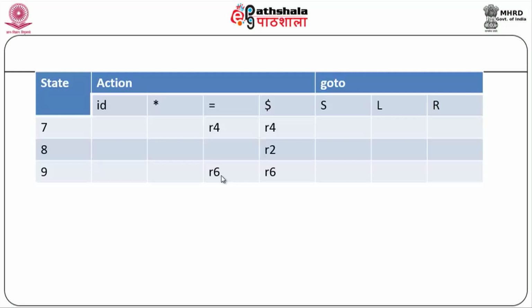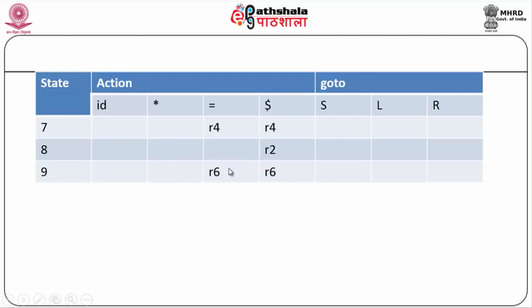So, the lookahead LR parser has actually combined the item sets which were defined by the canonical LR parser, referred to as LR of 1 items, where the 1 there refers to how many lookahead symbols I am considering, and that lookahead is used only by the reduce action and not by the shift action at all. Reduce action, I am combining them because I can say that anyway I am reducing by the same component only. So, whether it is going to be a dollar or any other input symbol does not matter basically. So, that is what we are looking at here, calling it R6 comma R6 at the intersection of 9 and equal to and 9 and dollar.